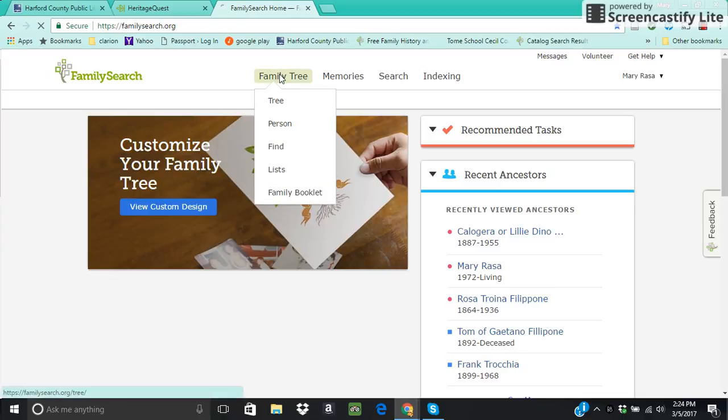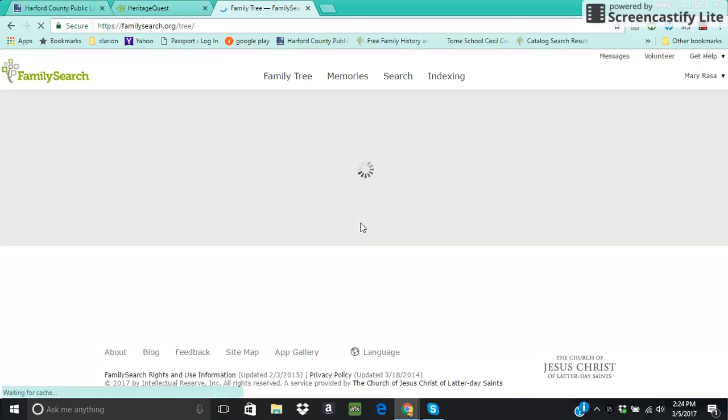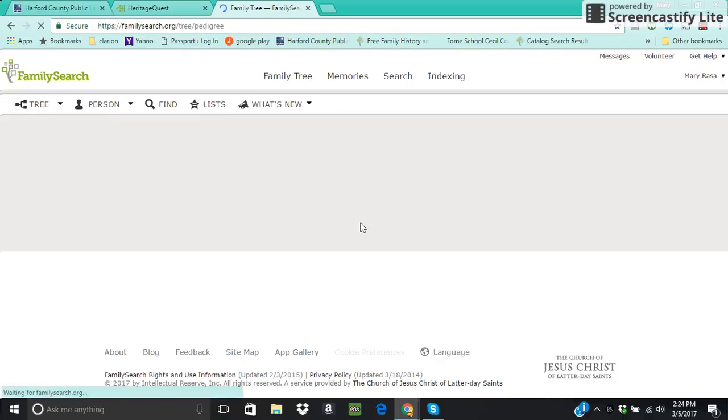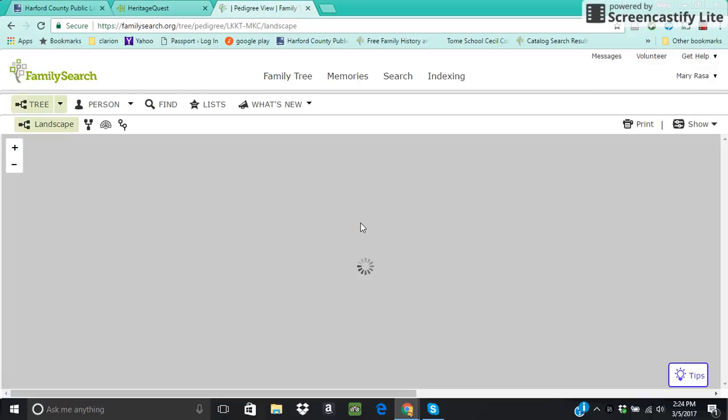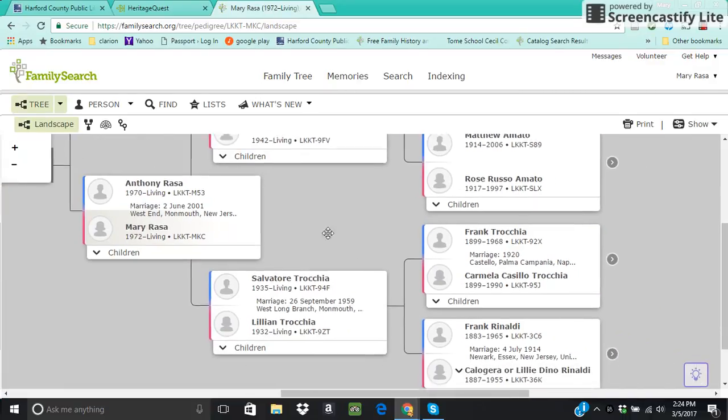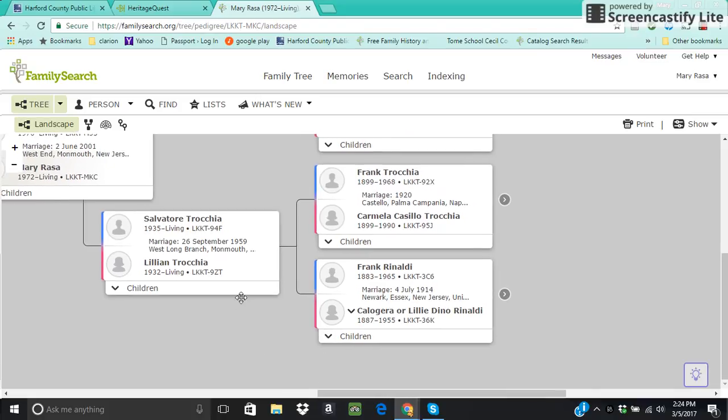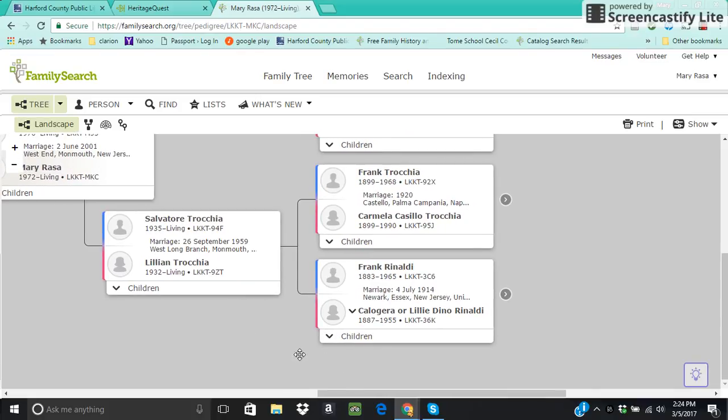where you are allowed to have a completely free family tree. And this is a wonderful resource where you can connect all your family members, and any sources that you find, which could be immigration records, census records, any of that type of thing, can be linked. So just for your information, what I'm going to do is I'm going to show you my grandmother's